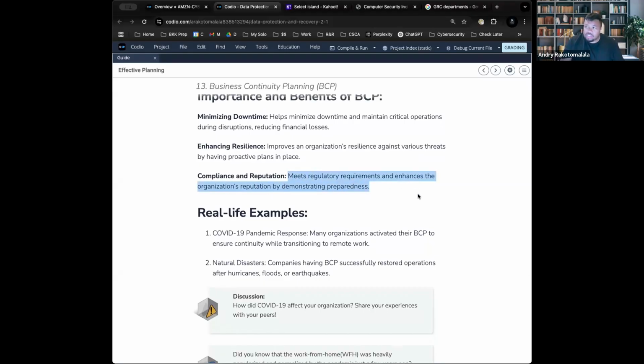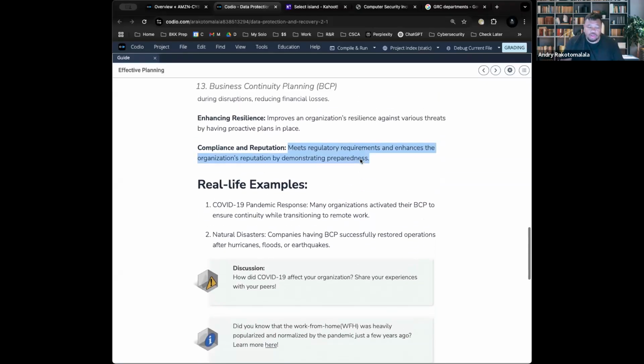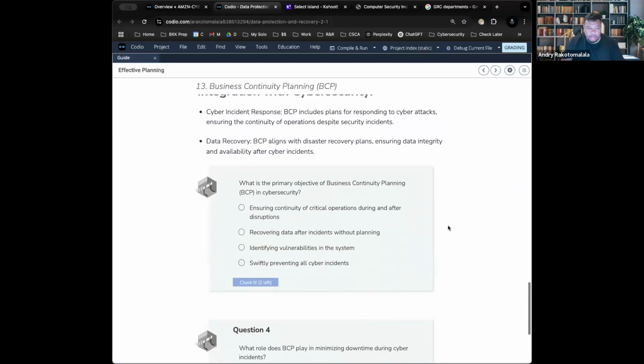A lot of the compliance standards require you to have a BCP, a business continuity plan. Now, obviously, BCPs are important for natural disasters. COVID-19 was a big one. So many organizations had to, what we call, activate a BCP. So your BCP is dormant. It's not activated or anything until an incident happens. And if an incident happens, you say, okay, we're activating our BCP right now. These are the steps that we need to take immediately. And then you deactivate it when things are back online and functioning.